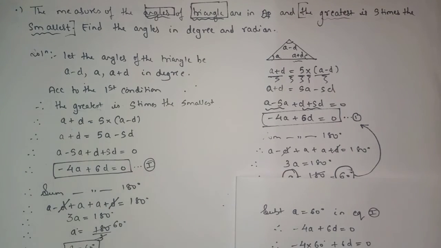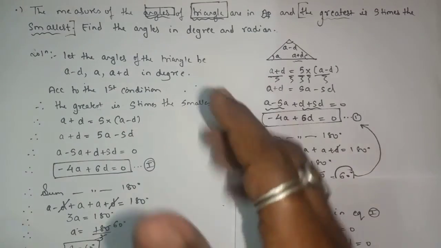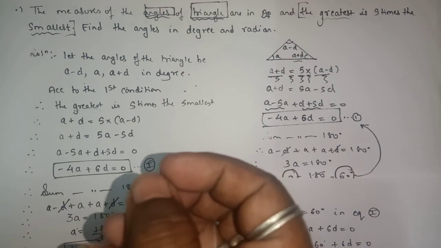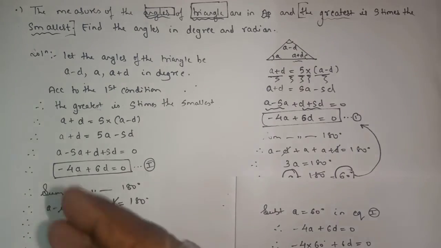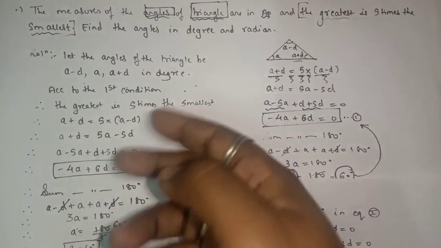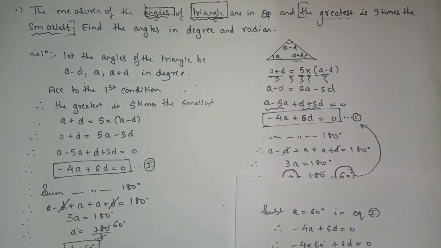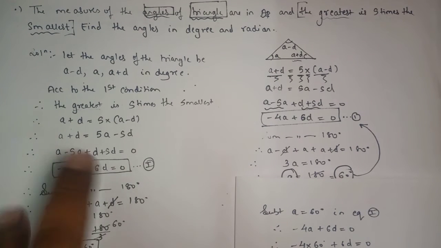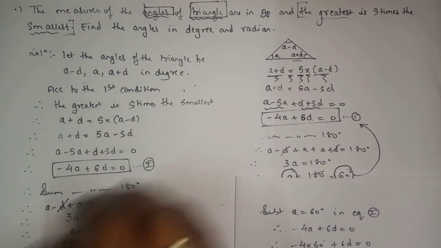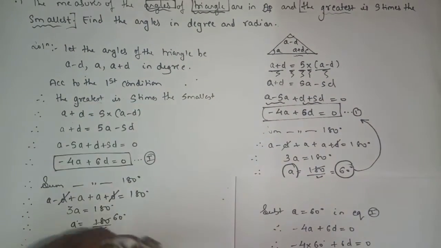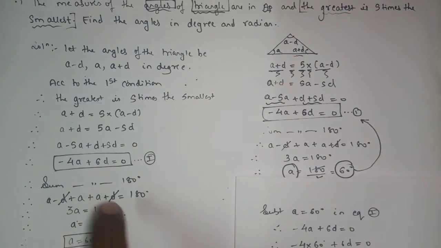The equation we got was in linear form, and we know that whenever we get a linear equation in two variables, we require one more equation to solve both equations simultaneously. Without the second equation we cannot solve the sum. Whenever we have a linear equation in two variables, we require one more equation or one value, from which we can easily find the second value. So here the second condition